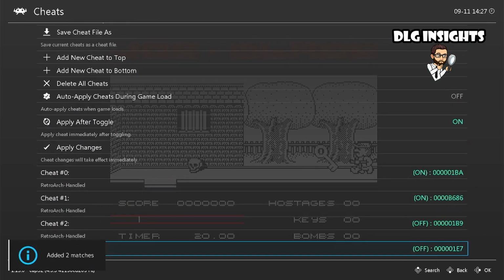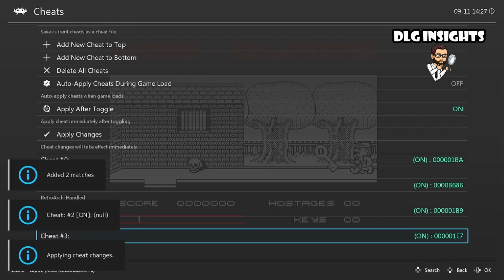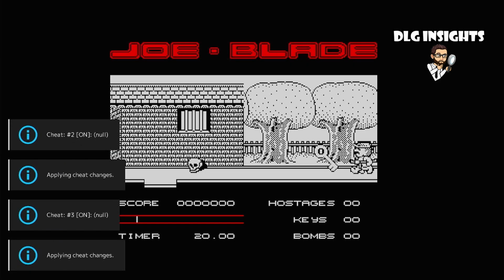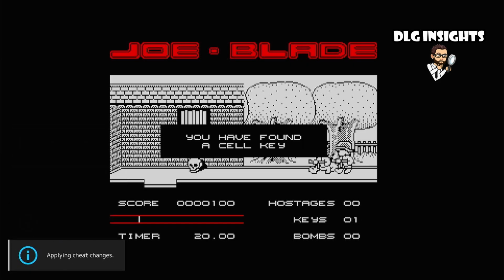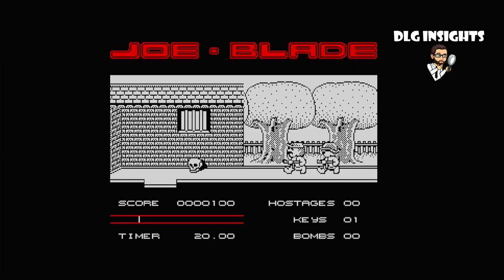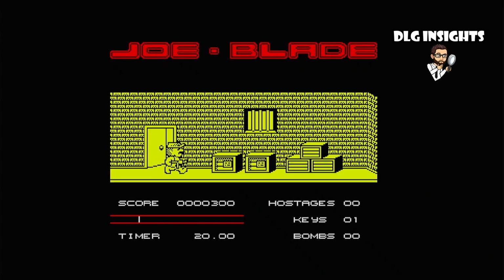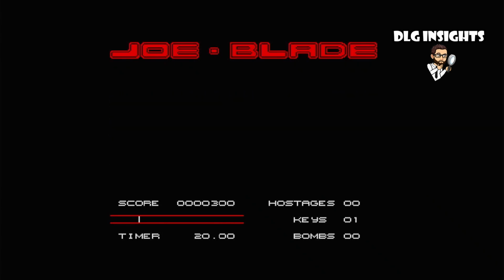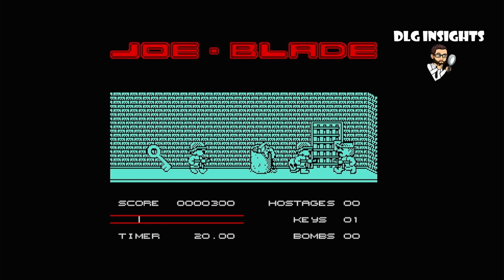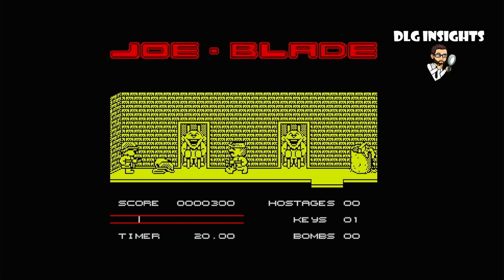We can add the 2 matches to our list. And again, now we should have unlimited energy. And we can see that our energy isn't changing. It's now locked at that sort of level. So in the space of 2 screens and a couple of minutes searching, we have got ourselves infinite energy and infinite ammo. And then the last thing that we can do, for now anyway at least, is